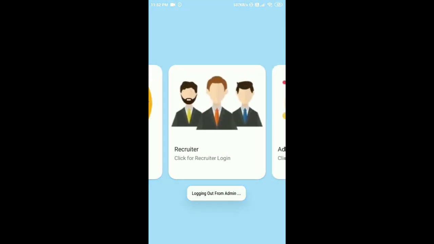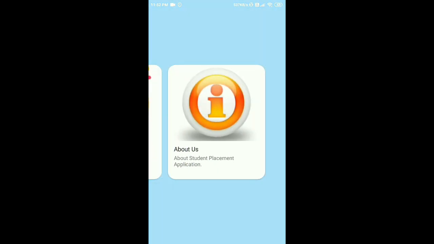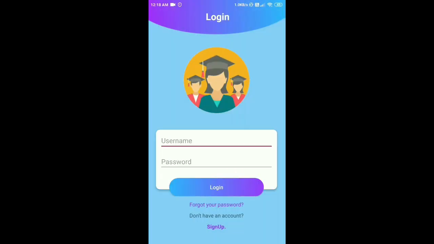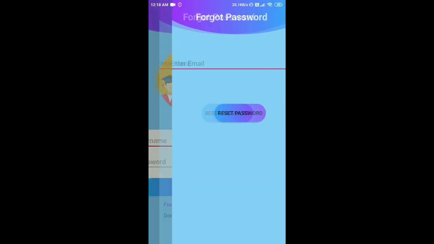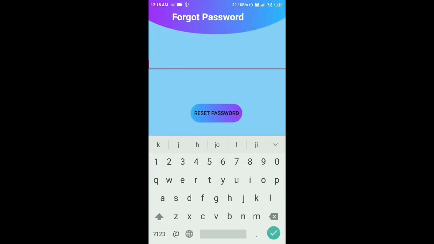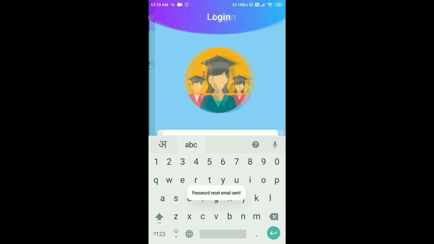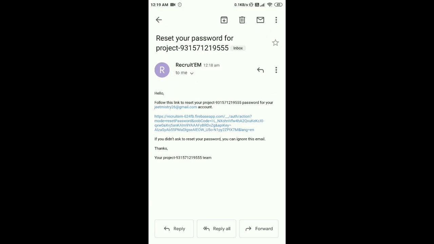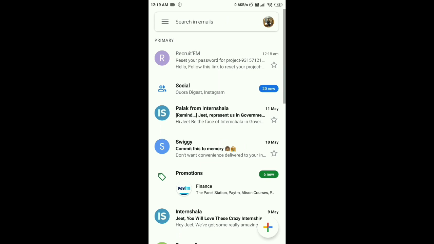Then log out. If you forgot your password while logging in, you can simply change your password by clicking on forgot password, then entering the mail ID. Now click on reset password. Now wait till you receive a mail.